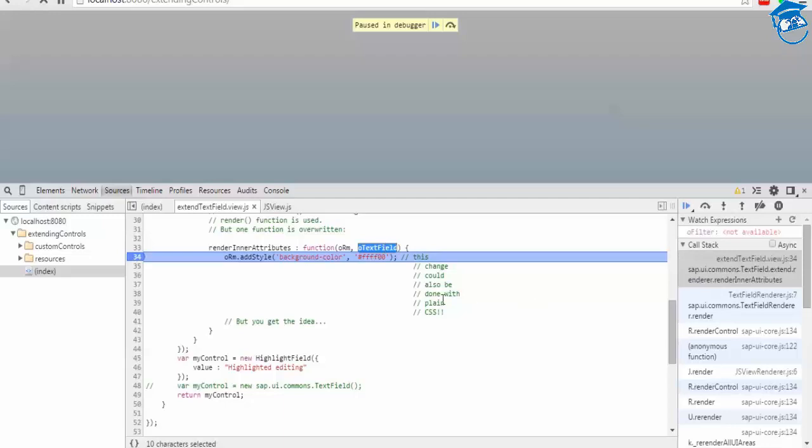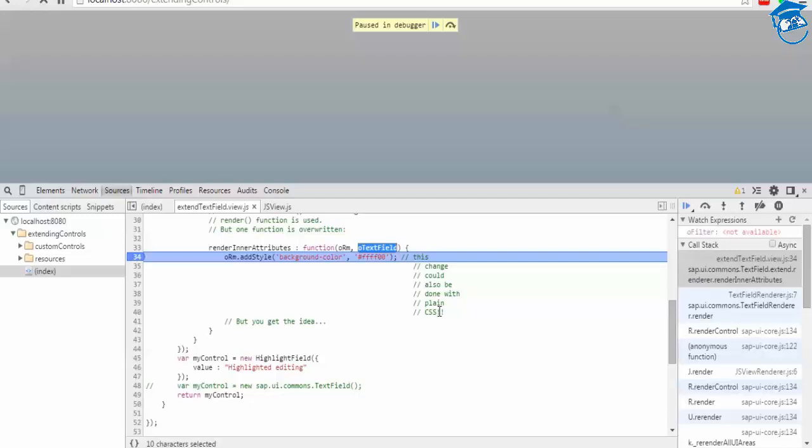This change could also be done with plain CSS also. It's no need, but I'm just showing you a simple example. I don't want to give you complex examples because I want to give you a better understanding. When you have complex controls, you have to develop them by yourself. Just learn the basics right, then I'm pretty sure you can do well with your complex controls.